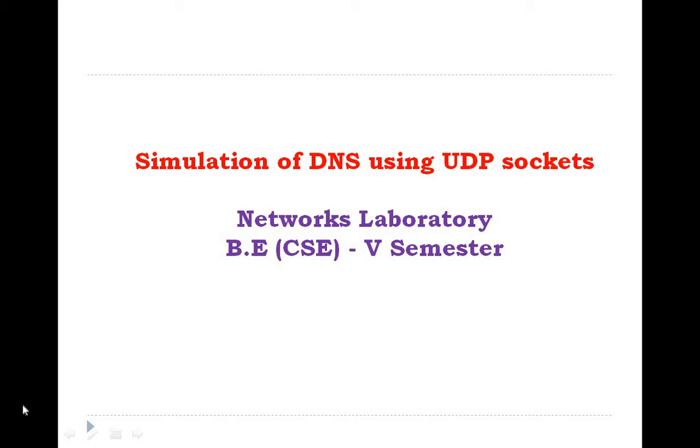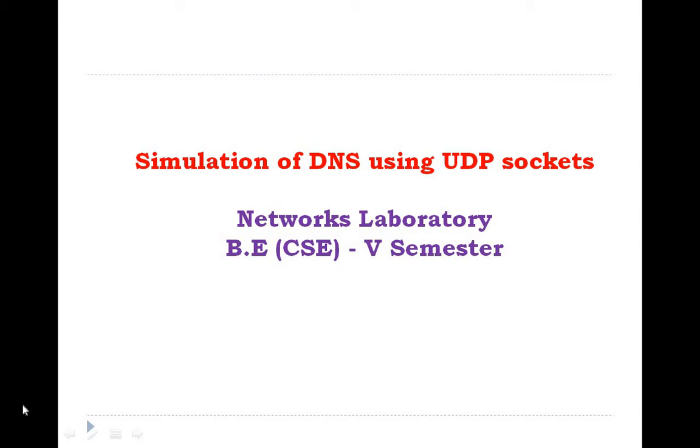Here, UDP is a connection-less protocol, whereas TCP is a connection-oriented reliable protocol. UDP is connection-less because in TCP, before transmitting the data, we first establish the connection, then we send the data. But in UDP, we are not going to establish a connection. Instead, we send the data directly. That is why it is a connection-less protocol. So now, we are going to implement this DNS, domain name system, in Python. Okay, let's go to the Python program.